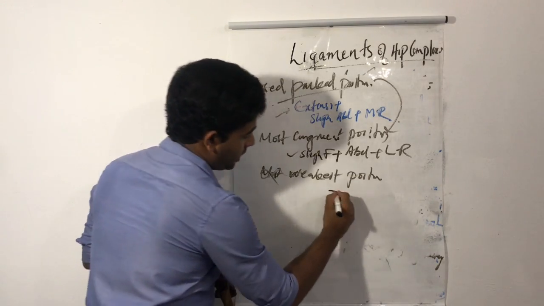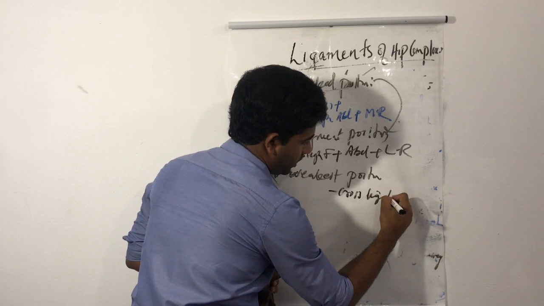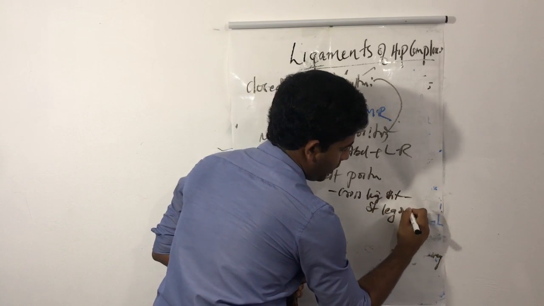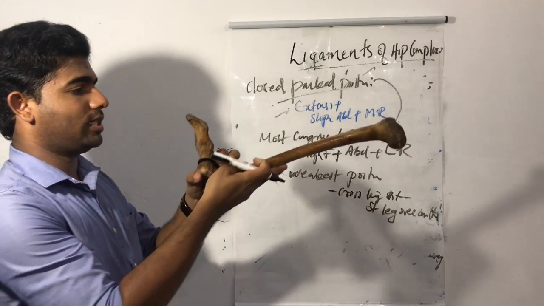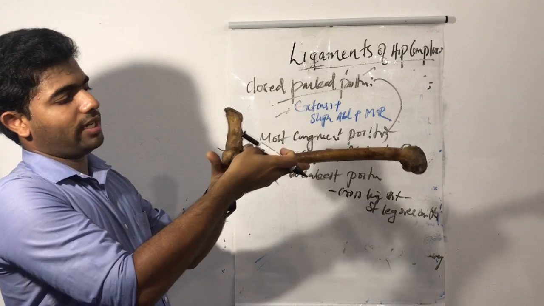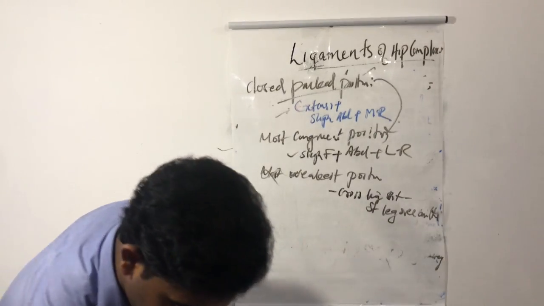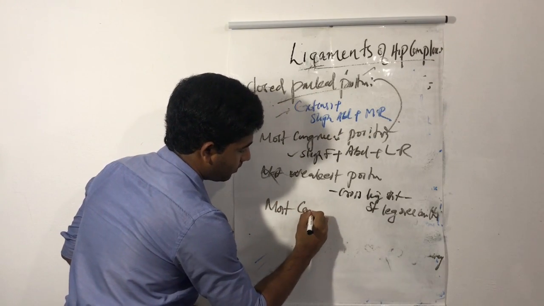An example is cross leg sitting, or sitting with one leg over another. That is the position. If you sit like this, the head can dislocate if there is a push from this side. And now the most relaxing position, the most comfortable position